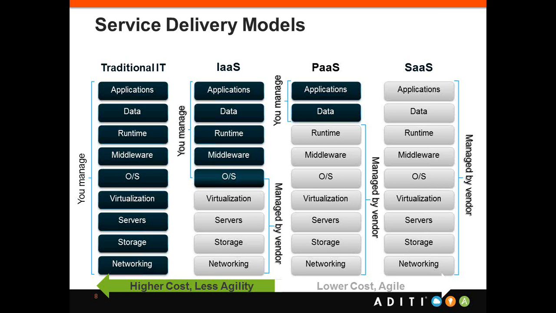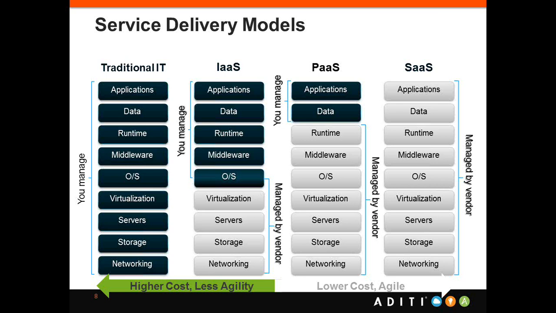You don't worry about the operating system. You don't worry about the runtime or virtualization system. You're not even bothered about the operating system as such. The last service delivery model is SaaS, software as a service. Here, the software is served directly as a service. You don't manage anything. You just consume the software. Salesforce.com is one of the examples. We'll see the examples in the next slide.